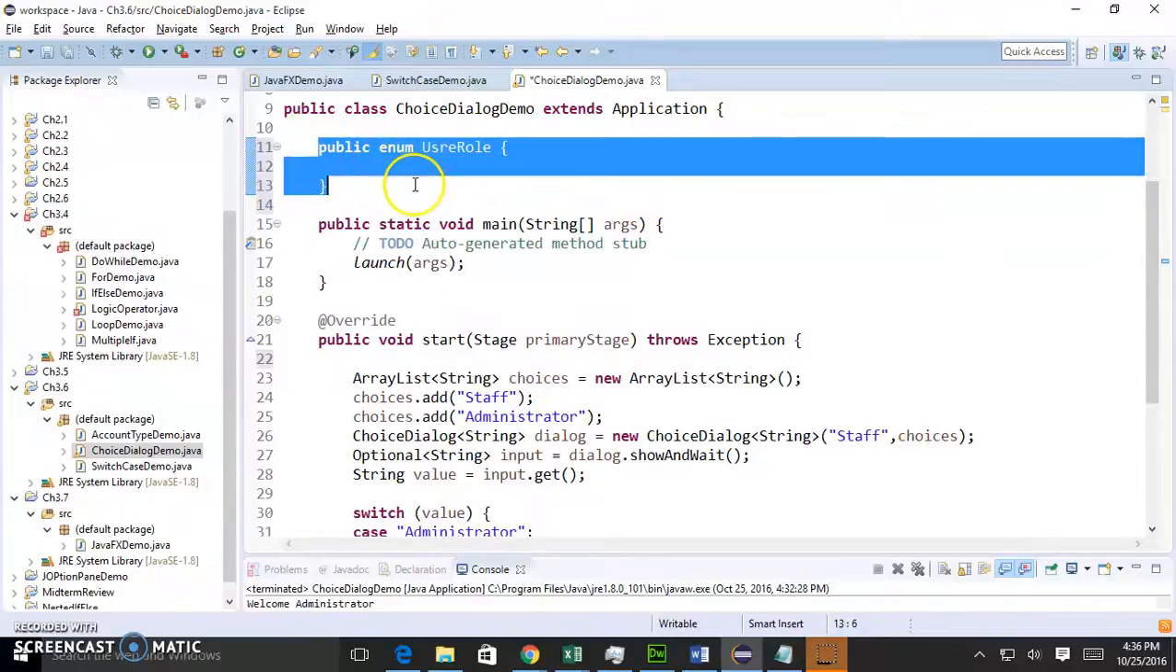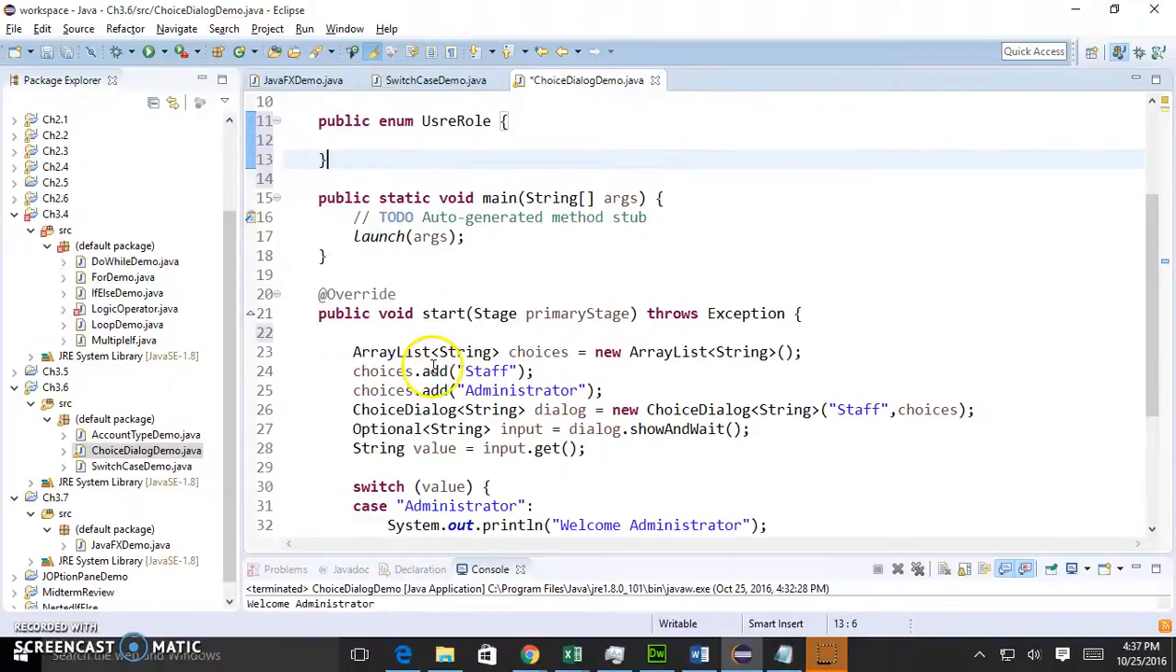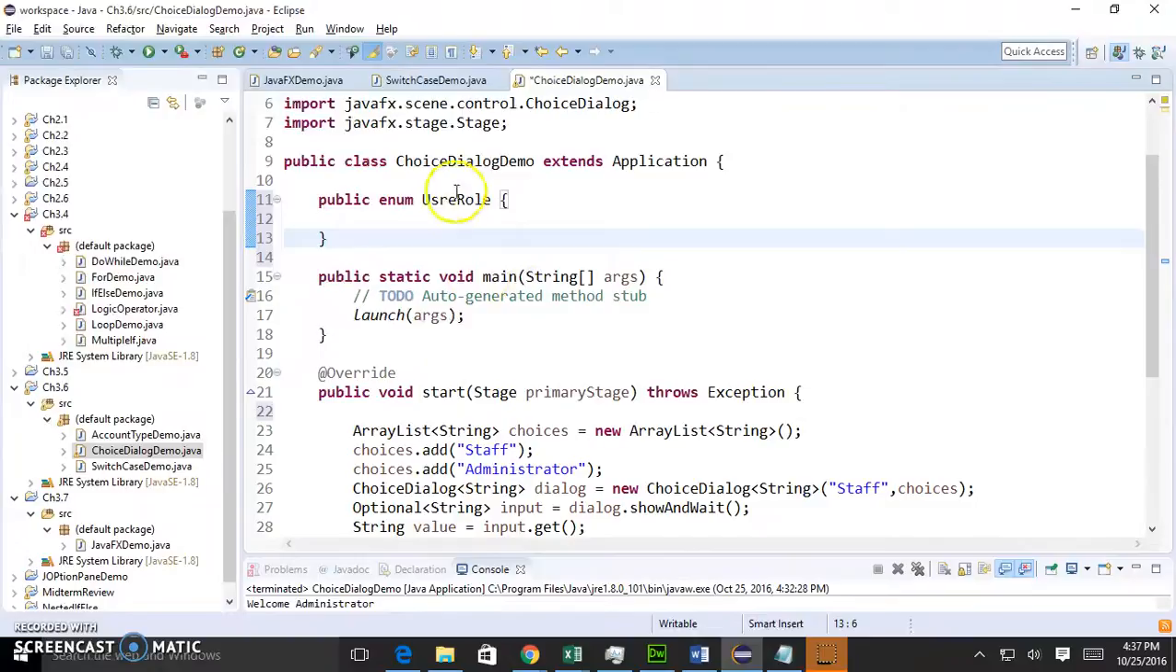We're going to talk about enum, right? So enum, again, is being used when you want to create your own type. Like in these scenarios, we said we're going to have different user roles, and user role is going to be